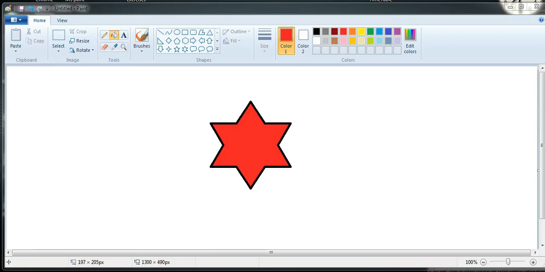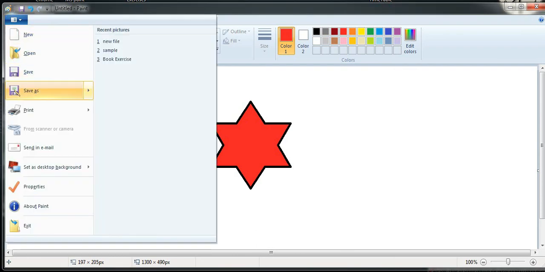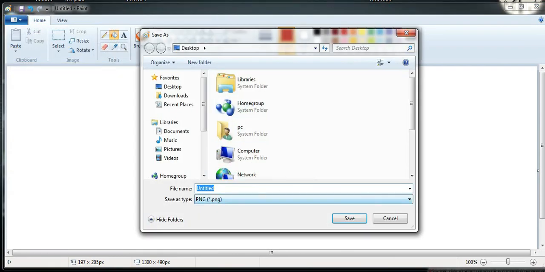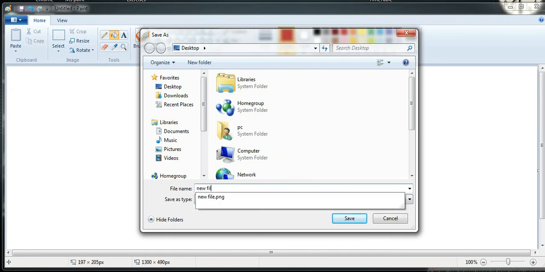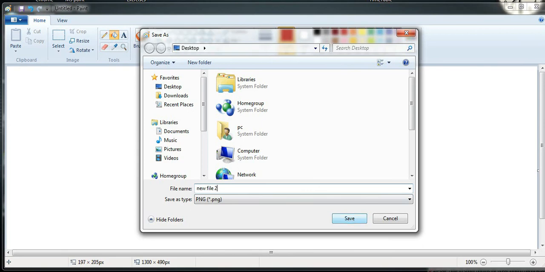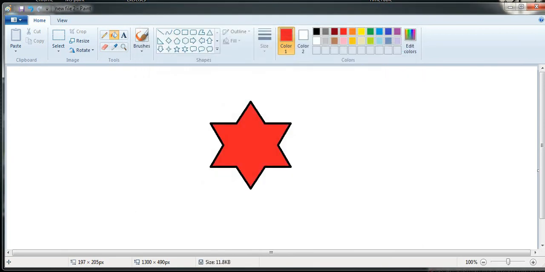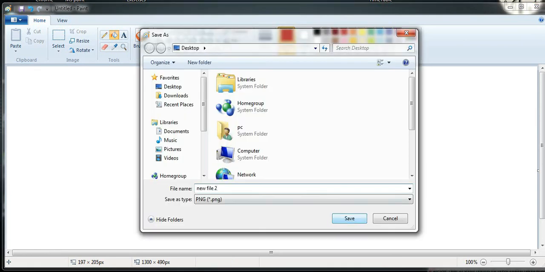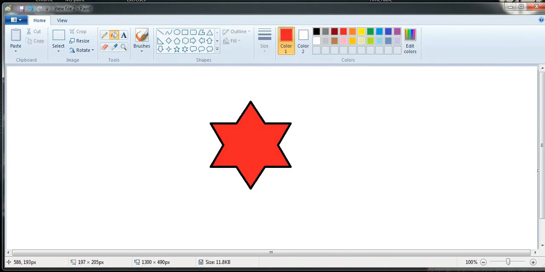Next is saving a drawing. How to save our drawing? We have to save our drawing so that we can find it or modify it in the future. So we have to follow these steps to save our drawing. Click on the file menu, and we will click on the save option. The save as dialog box will appear, and here we will type our file name. Suppose that we have typed our file name new file. The file name appears in this file name text box, and we will click on the save button to save our image, and the file will be saved.